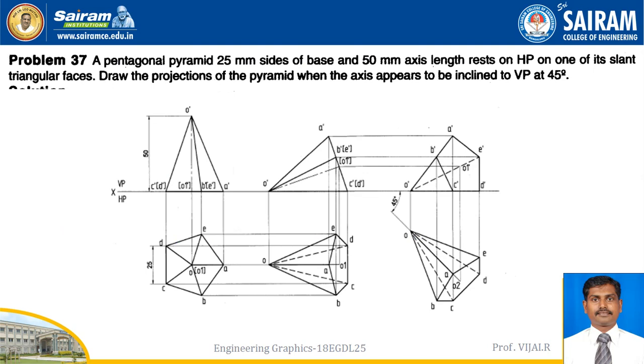If you draw in this position, this is the slant triangular face. So I have drawn like this. I should not tilt on the right side, because if it is tilted here, it will be resting on an edge. If I rotate it here, it will be tilting on an edge. So if I rotate on this side, this is the triangular face. So in the pentagon, please be careful about which view you are drawing, and according to that tilt it down. Read the question carefully, slant triangular faces. If you make a mistake rotating here, then your answer will be totally wrong.